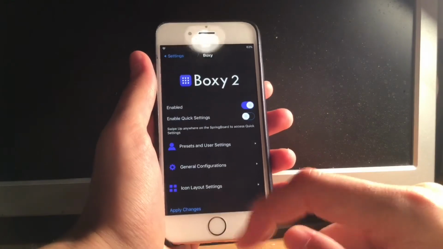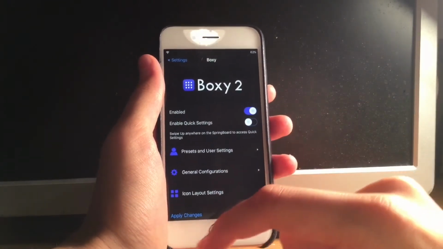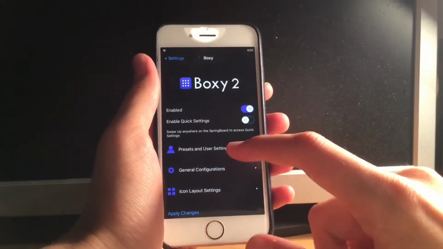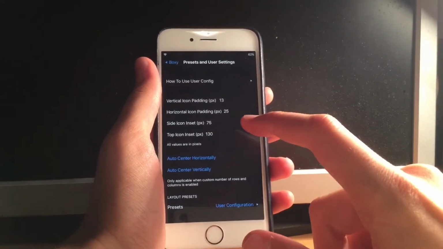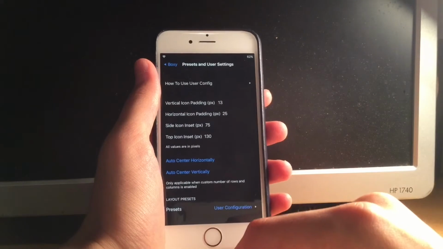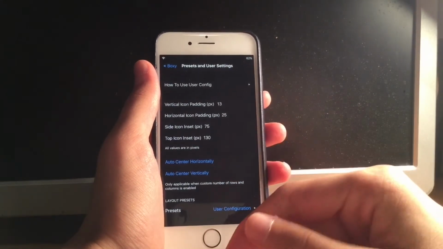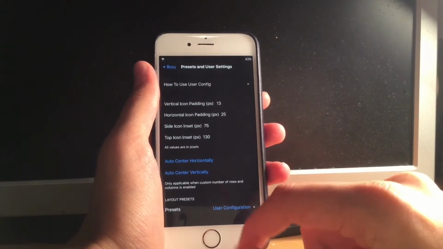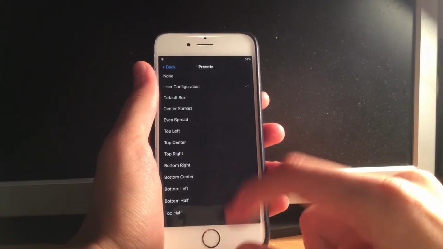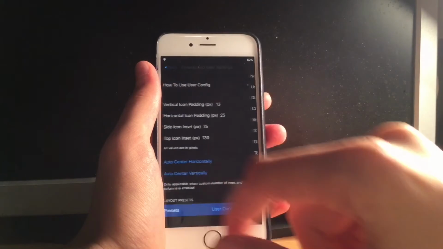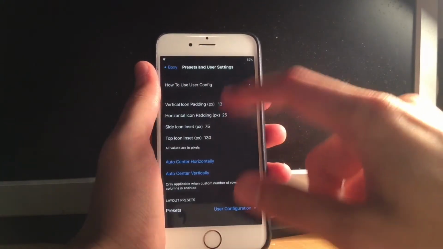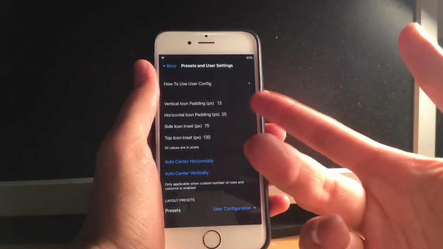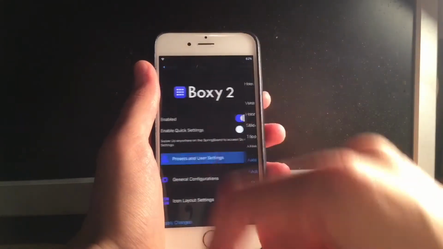And first of all, you go into the tweak, enable it of course, then you go to here, and these are my settings, so you can enter them there. And after you enter them, just make sure that on presets you use the user configuration option, and enter these configuration values, and then go back.